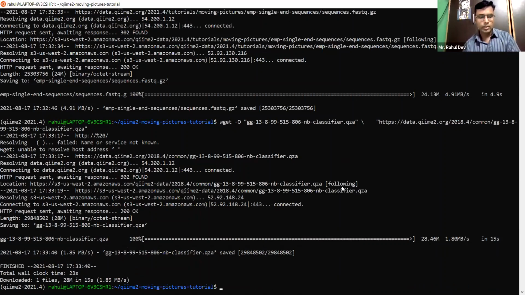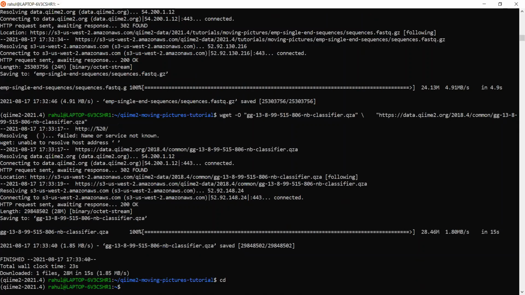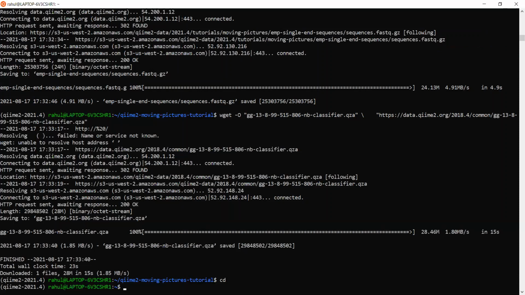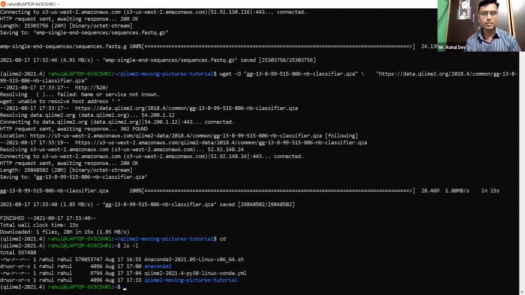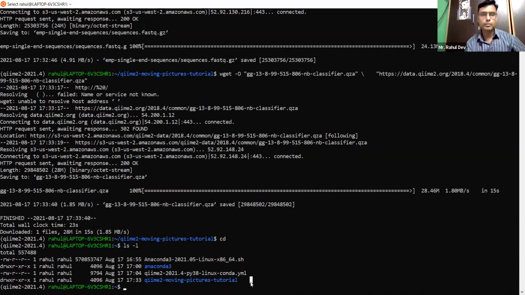It is done. And now all the steps for today have been completed, and now I must go out from the moving picture tutorial directory. Please, I must show you the EMP folder also. This is a folder, and inside that, these two files exist. Yes, ma'am. Generally, people utilize the ls command only, but I love ls space -l because it gives us all the directories and files with the permissions.